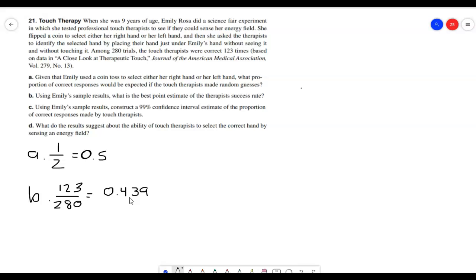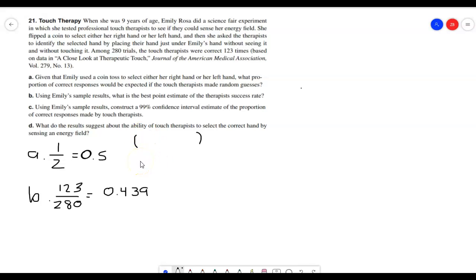We want to create some interval where 44% is roughly in the middle, so maybe like 41 to 46 or 40 to 47, some interval where 99 out of 100 times